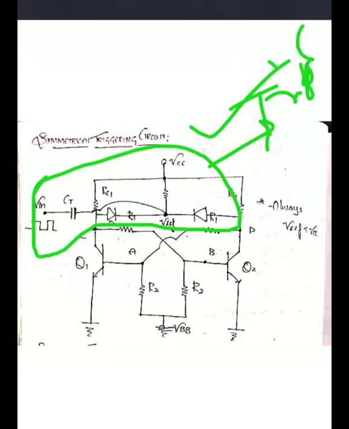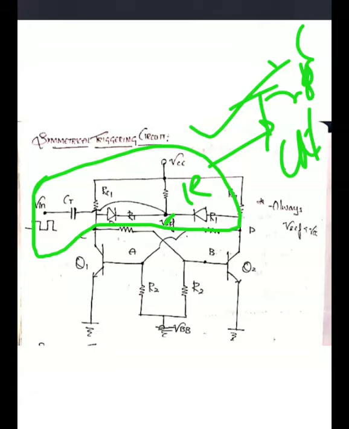This is the trigger circuit. The trigger circuit consists of a square waveform input passing through a capacitor. Here there is no connection directly to some reference voltage. The arrangement should be like this. This is R, so this is an RC combination at this node, but I am going to consider two diodes in this symmetrical triggering circuit.